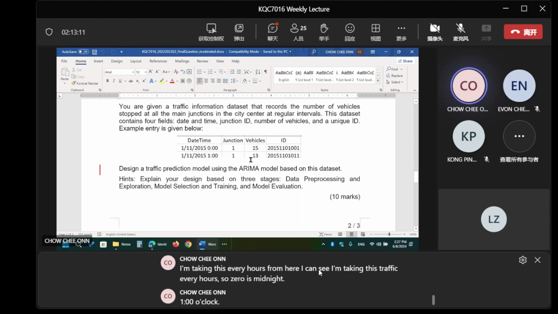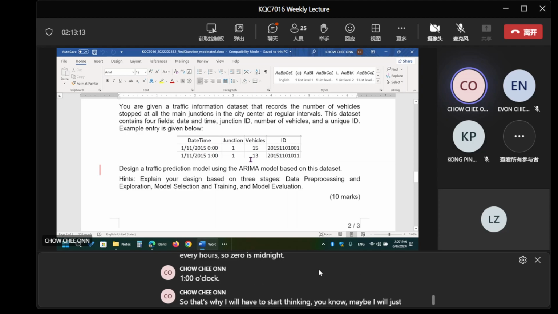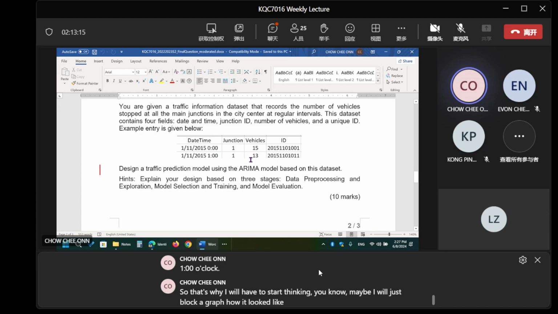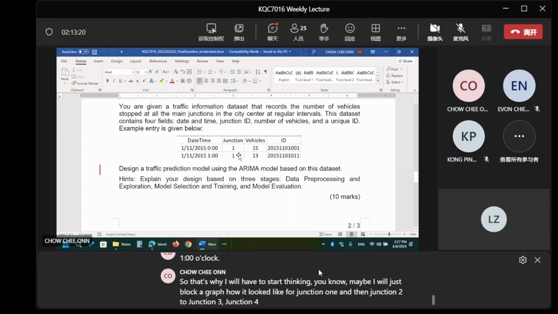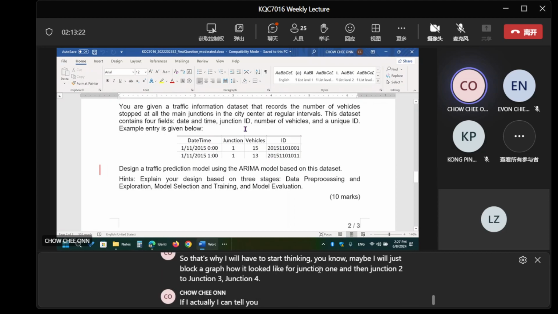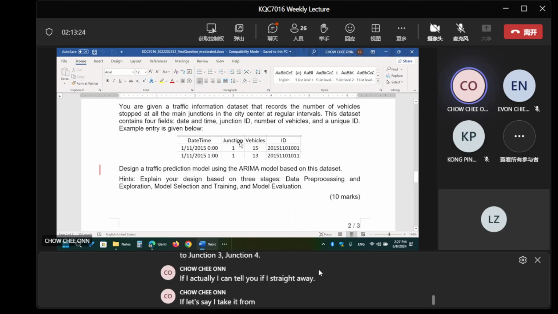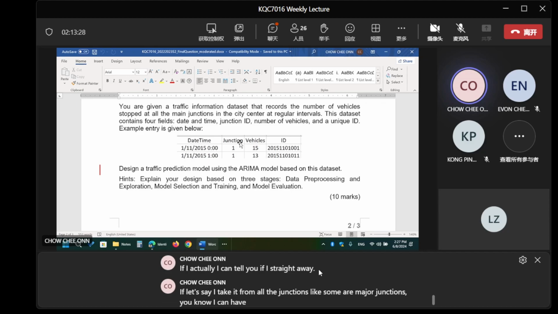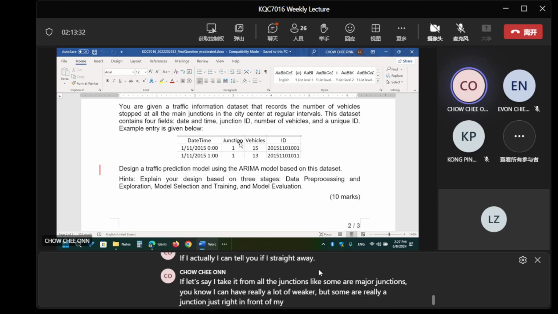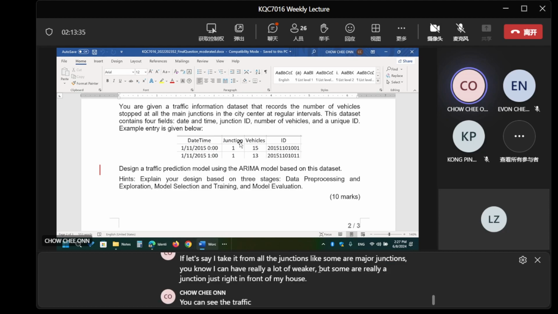So that's why I will start thinking, maybe I will just plot a graph of how it looks for junction 1, and then junction 2, junction 3, junction 4. If I take all the junctions, some are major junctions with really a lot of vehicles, but some are just a junction right in front of my house. You can see the traffic will be very different.